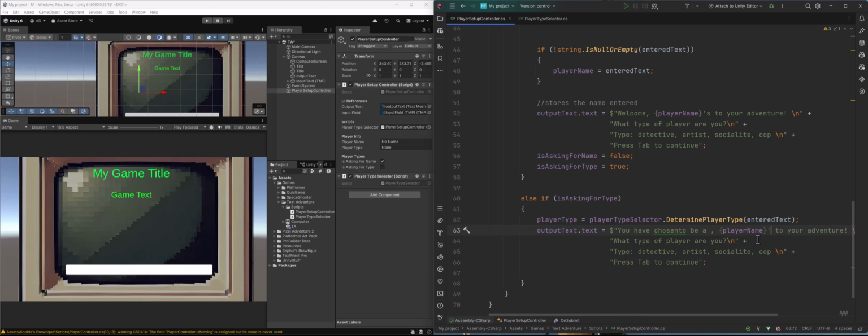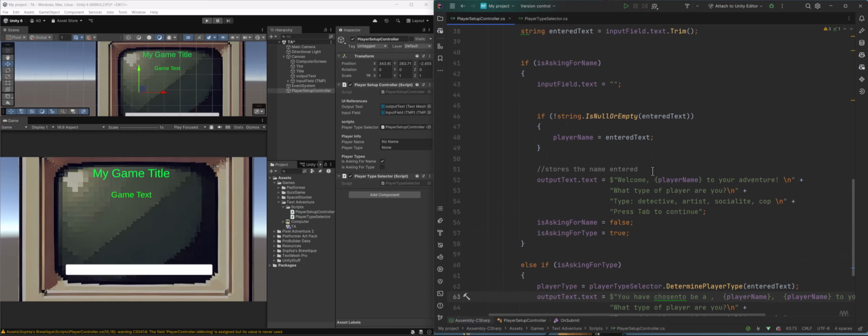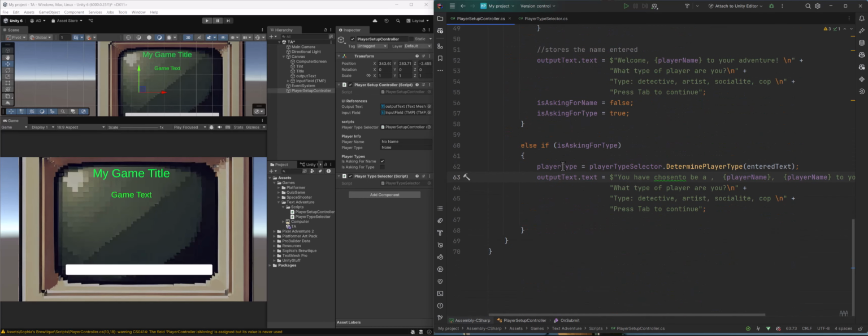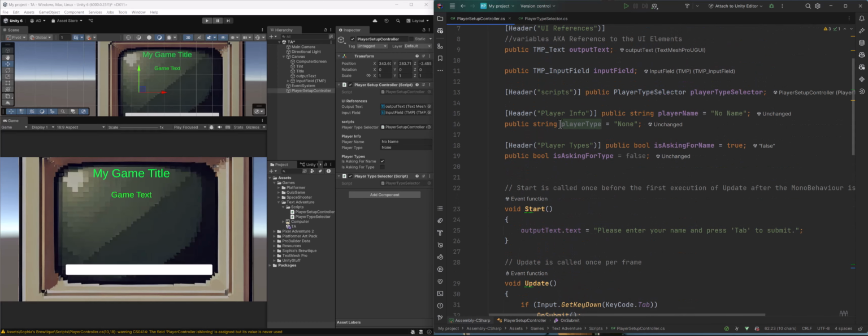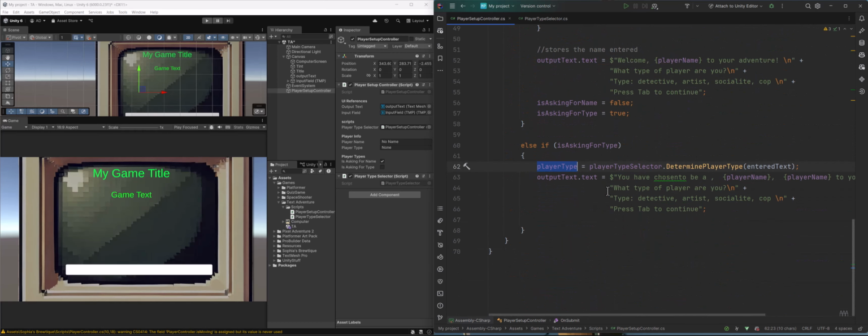Let's get rid of this comma S and the comma S here. You have chosen to be, and then we have this player type here, right? This player type is a variable that just stores a bunch of letters. It's of type string. And you have chosen to be a player type, and then